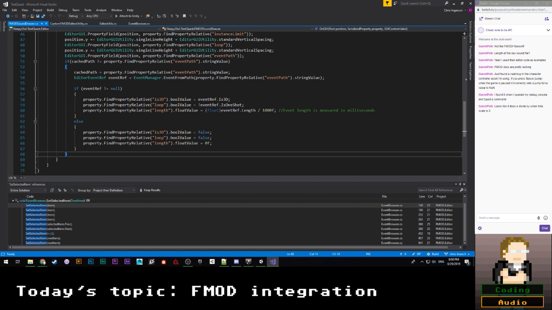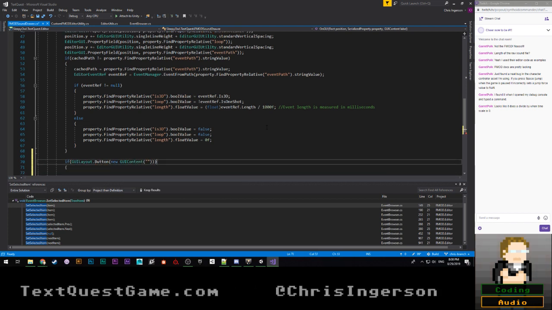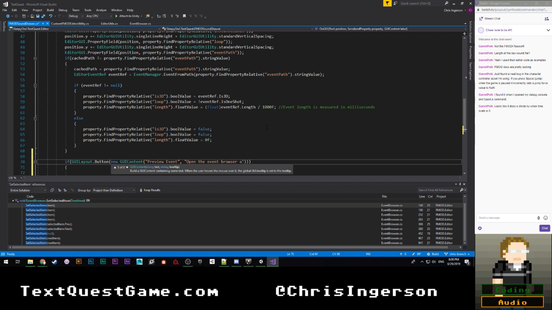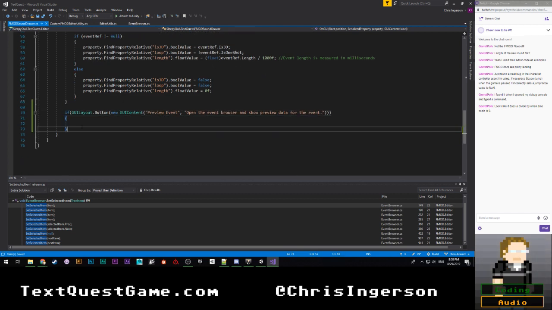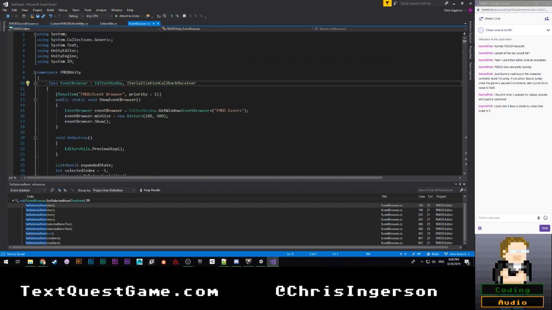Okay. So that means that if I come down to here, I'm going to say if GUILayout.Button, new GUIContent, blah, blah, blah. I'm going to say preview event. We'll say open the event browser and show previous preview information, preview data for the event. Okay, and from there we can simply go to EventBrowser. You are a public class now,